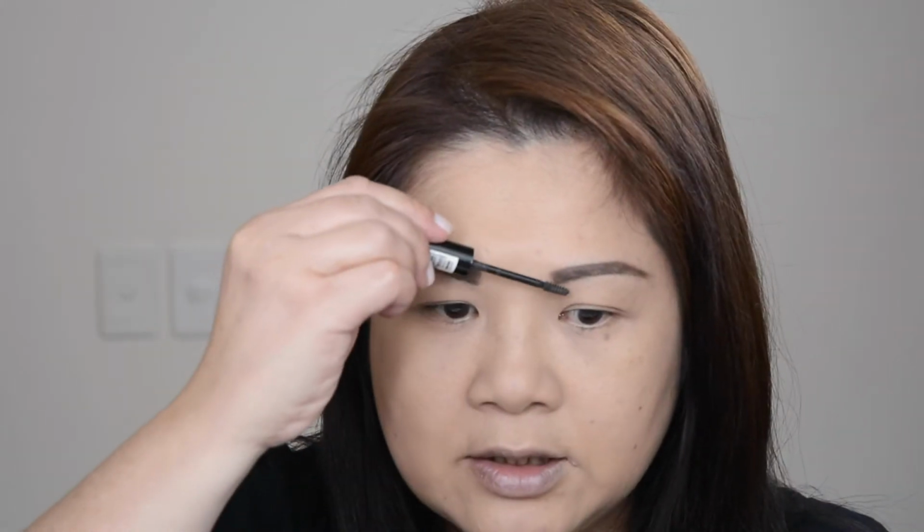To set my brows I'm using the Essence Make Me Brow in the shade Brownie Brows. This is just to help set my brows so they last longer. Doing a little bit of bronzer on my face,